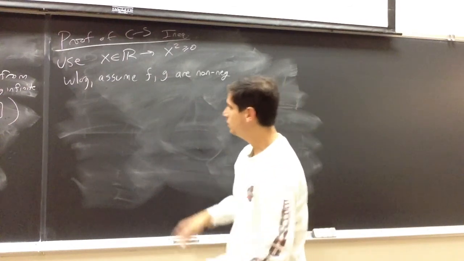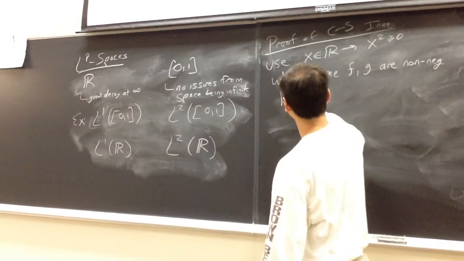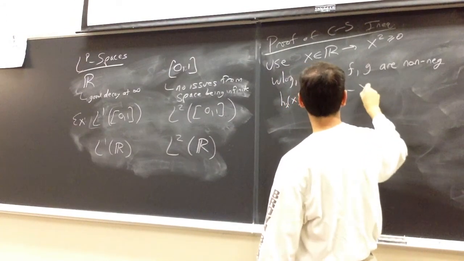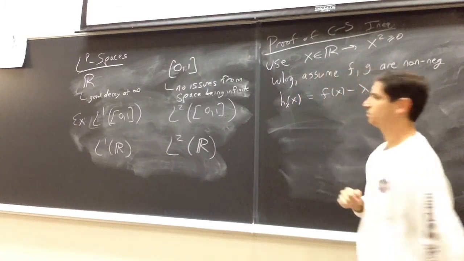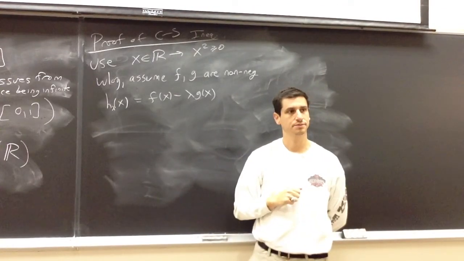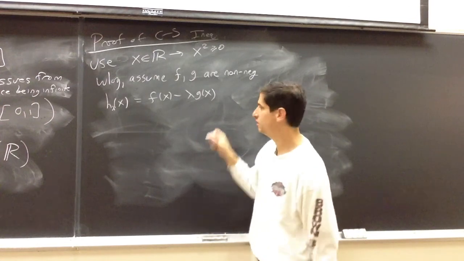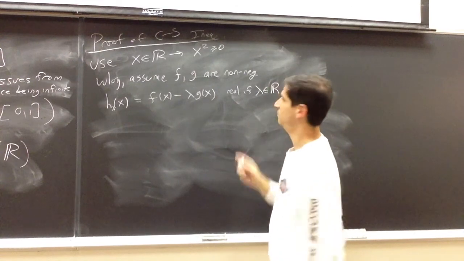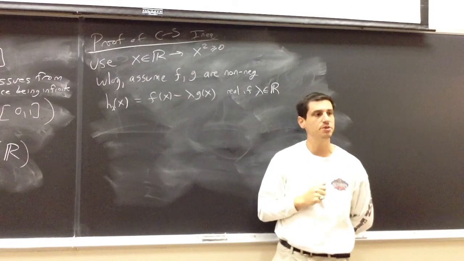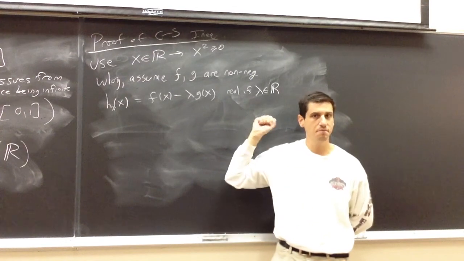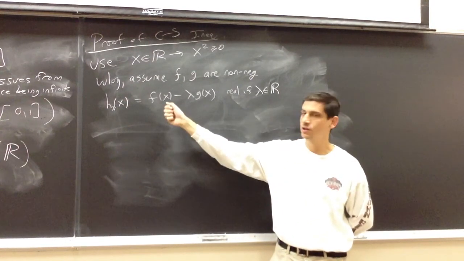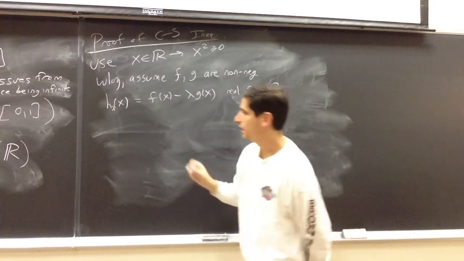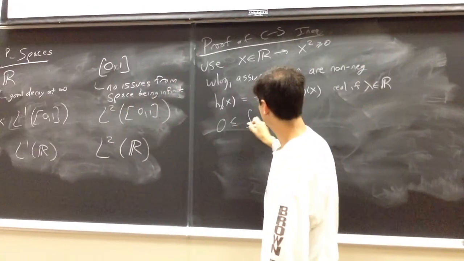Okay. So now let's let h of x, well, actually let's call it h sub lambda of x, be f of x minus lambda g of x. And this is going to be real valued, so real if lambda is in R. I want the subscript lambda to remind myself that this is a function not just of my f and g, but of some value lambda. And I claim 0 is less than or equal to the integral